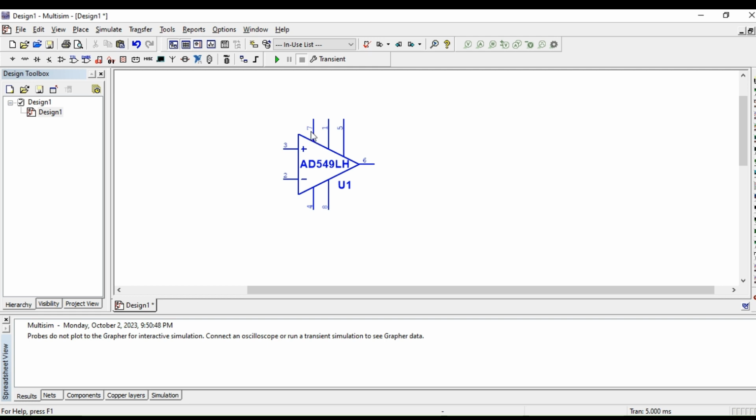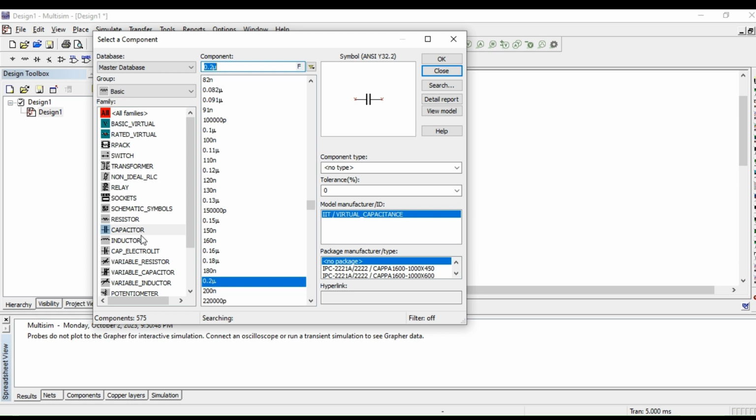Pin number 7 has the positive supply, pin number 4 has the negative supply. Pin number 8 usually has no connection, but for this particular IC, this pin should be connected to ground. And then pin number 2 and 3 are the inverting and non-inverting inputs, and pin number 6 is the output pin. So let's connect some resistors to this IC and configure it as an inverting amplifier. So I will connect, let's say, a 10k resistor to